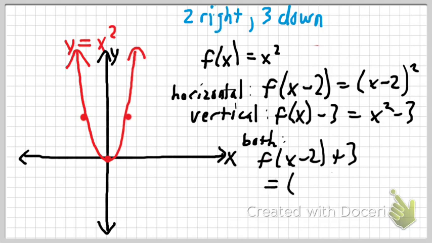That would equal (x - 2)² - 3. Okay, so this equation will translate this one 2 units right and 3 units down, the way that we're trying to do. Make sense? Now let's actually go ahead and make the graph, and I'm going to make the graph